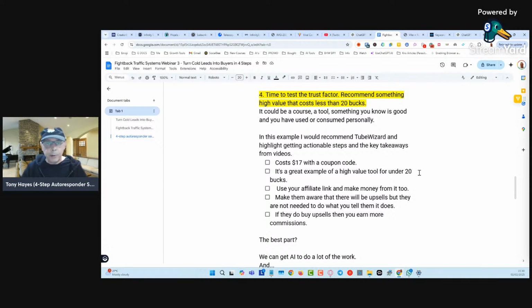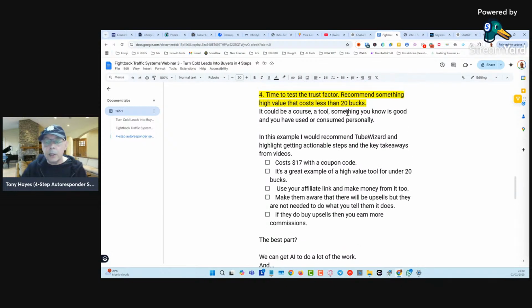And once you can filter the ones that have opened your emails, then you can have another autoresponder sequence. You can do exactly the same framework that we just did here and do it again. Okay, just do it again. And that way you're doubling down on what you did before.